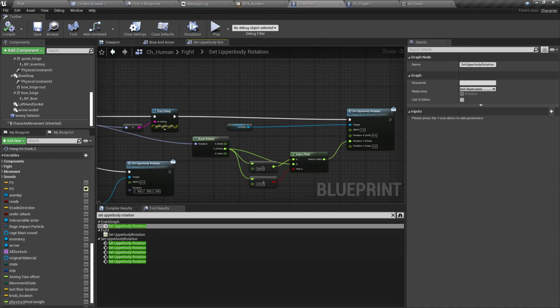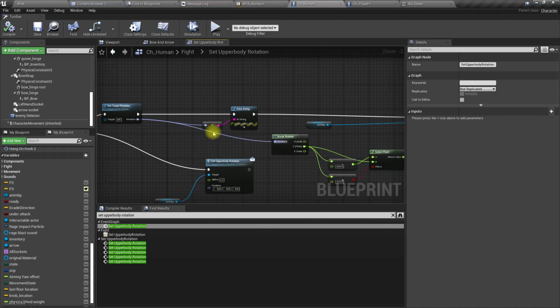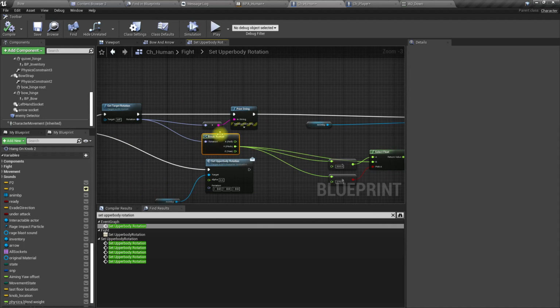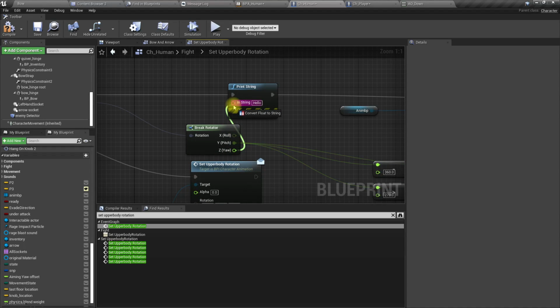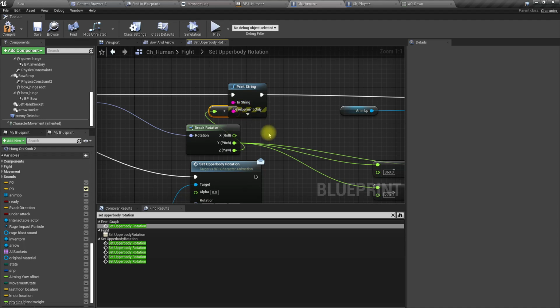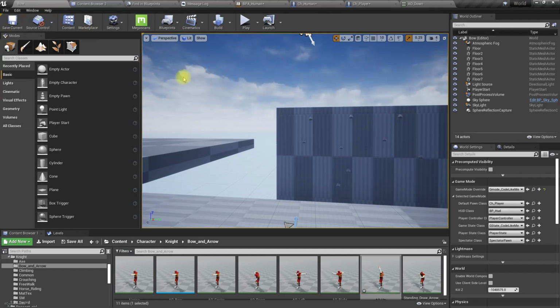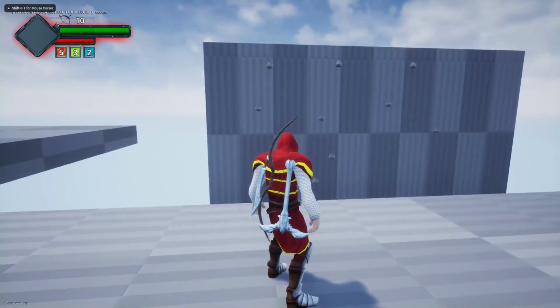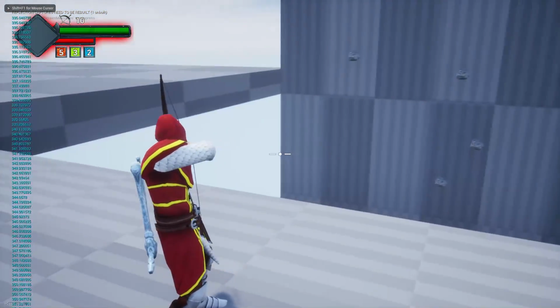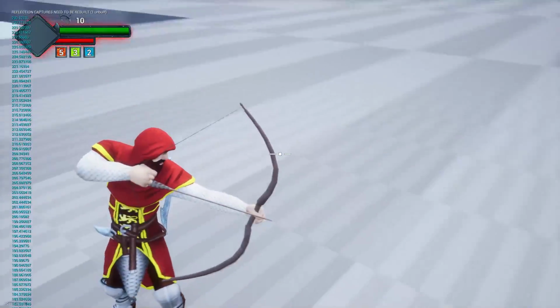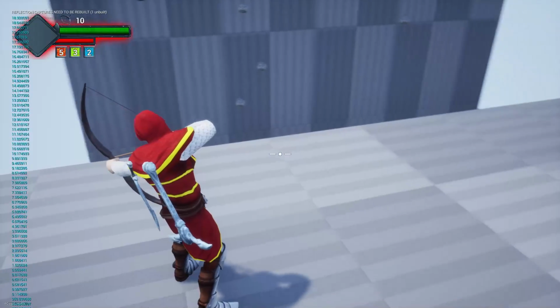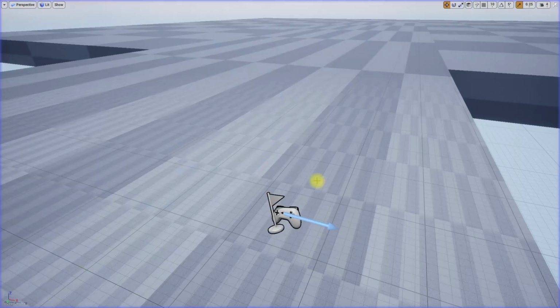And here let's print only the yaw value. Okay, it's changing from 0 to 360. Yeah, 0 to 360.